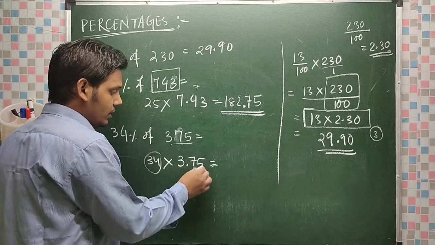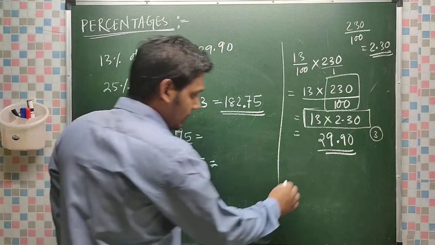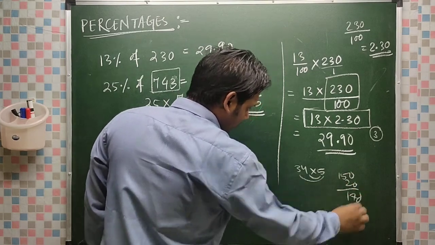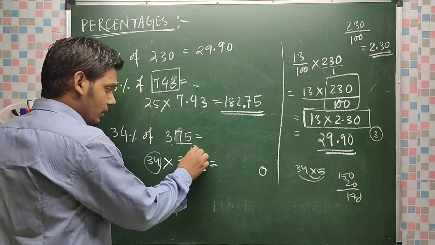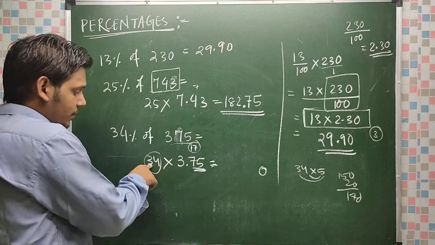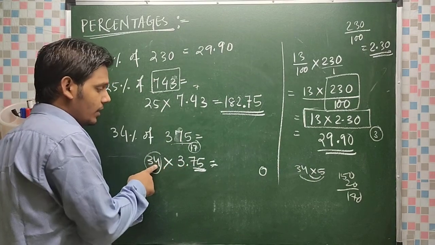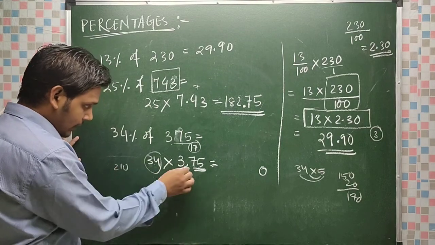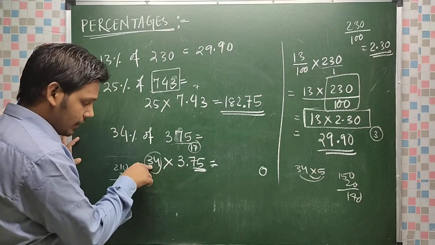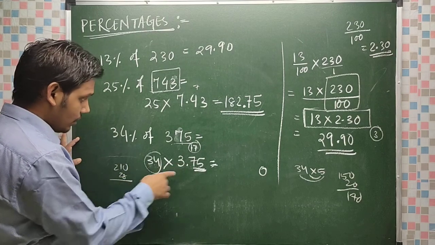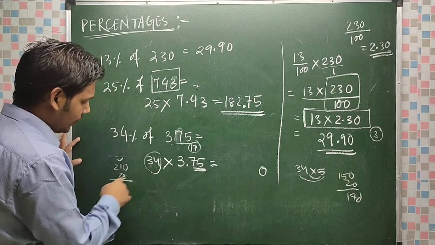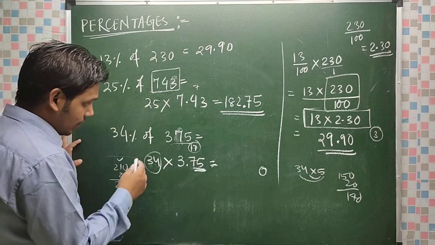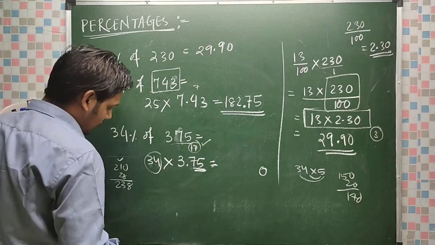I told you how to multiply a 2 digit number and a 1 digit number. 34 into 5: 5 times 4 is 20, 5 times 3 is 15, 150, so 170. Then 34 into 7: 7 times 4 is 28, 7 times 3 is 21, which is 210, 210 and 28, 238. First you multiply with the unit digit, then the next digit. 238 plus 17 is 255.